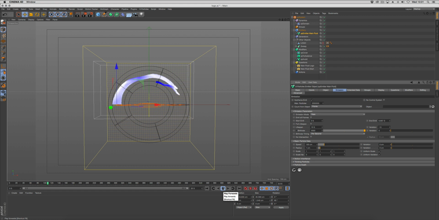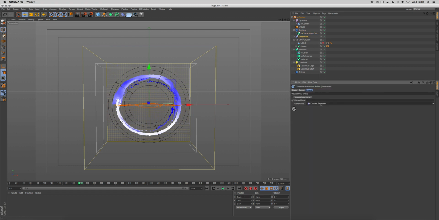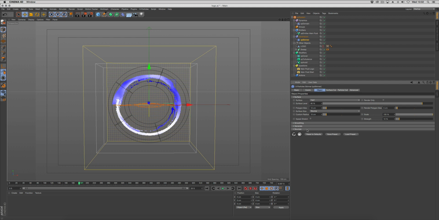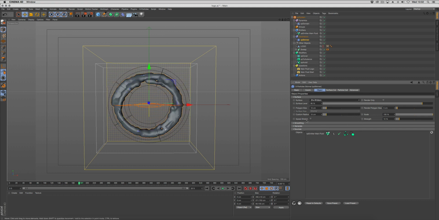So the next thing we want to do is get a skinner on this. So let's just find a nice part of the shot so we can work on the skinner. So we'll look at about here. Let's go to generators, and we will enable the skinner object. Drop our emitter into the source link, and we're going to change the ISO surface to Zubridson. We're going to get a polygon size of 5,